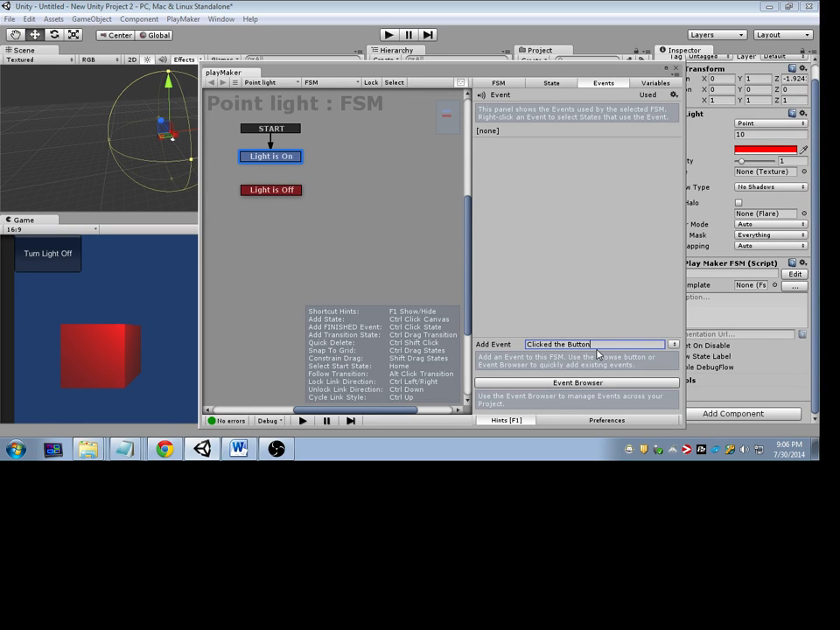Keep that in mind. These are things that happen in your game. So, click the button. Player walked into the trigger. Player took damage. I picked up a weapon. These are things that happen in your game. So I want you to add an event. You type in the name of it. Once you've added an event,